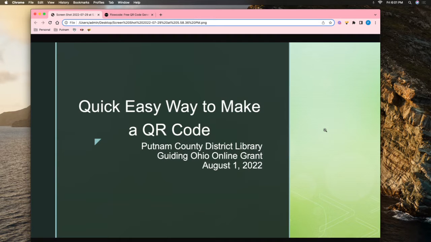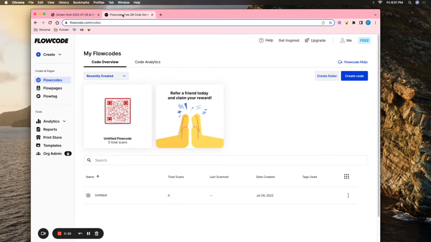This week we're taking a look at a quick, easy way to make a QR code. In fact, it's kind of advertised as being able to make a QR code within 60 seconds. So what I'm going to show you is if you go to the website flowcode.com, you will then have the